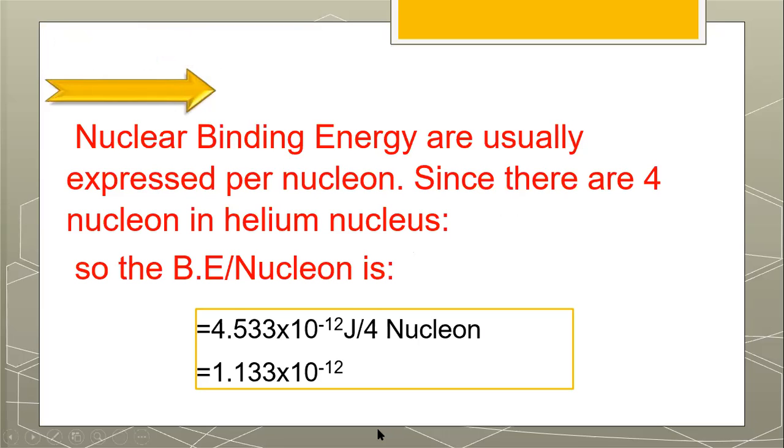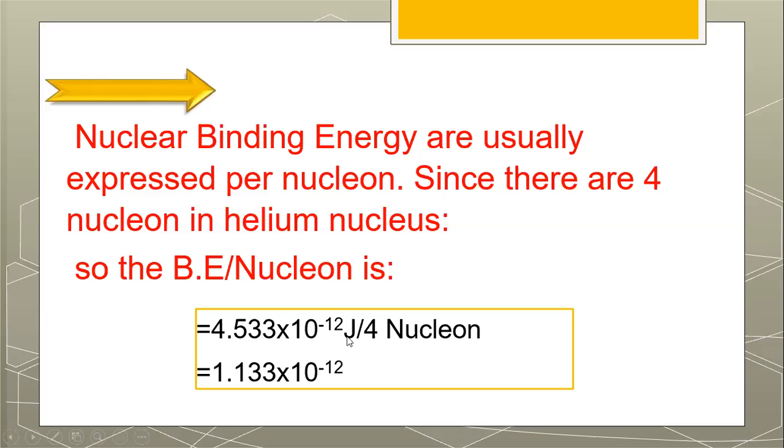But in terms of nuclear binding energy, it is usually expressed per nucleon. There are four nucleons present inside the helium nucleus, so the binding energy per nucleon is equal to